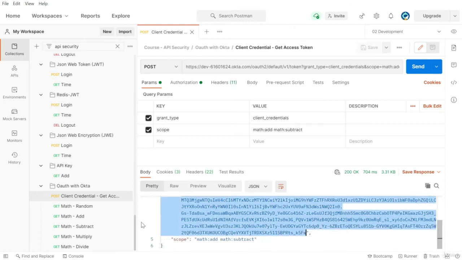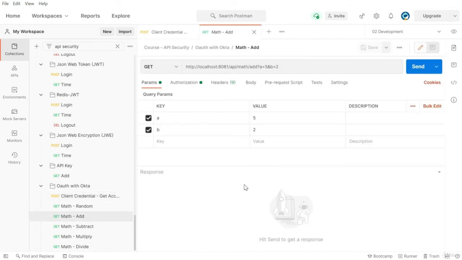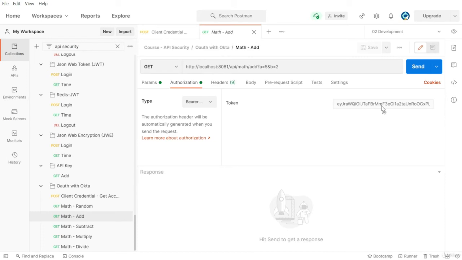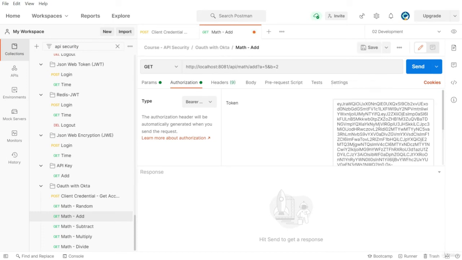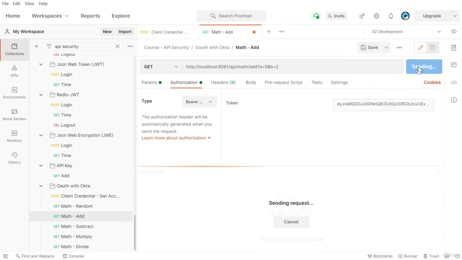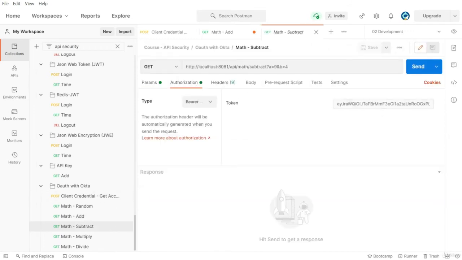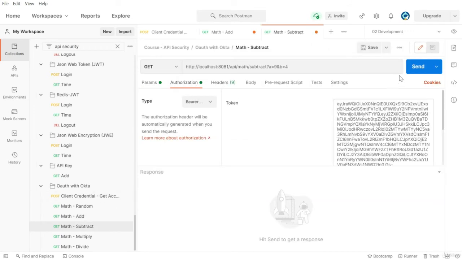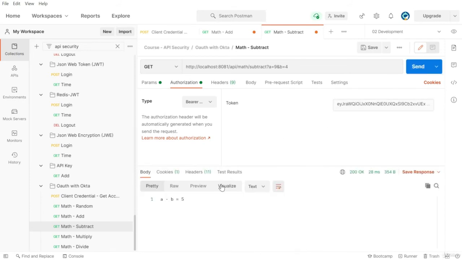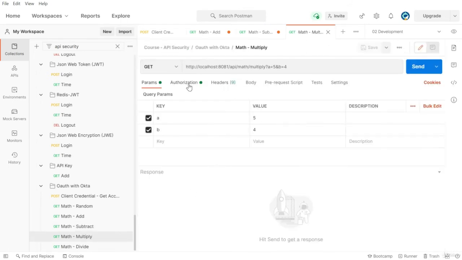On the add endpoint, paste the access token as bearer authorization. And we can access the add endpoint. The same on the subtract endpoint. And also the multiply endpoint.